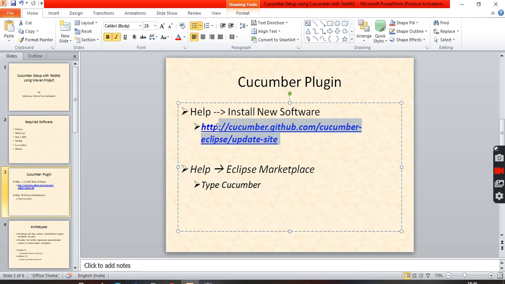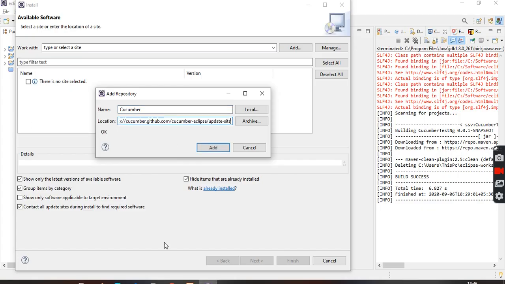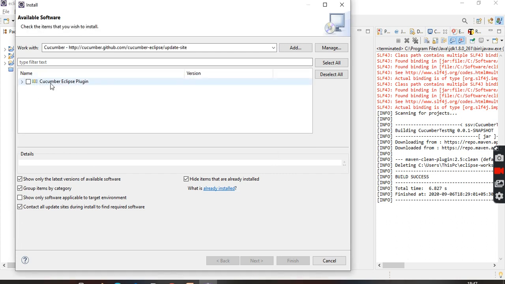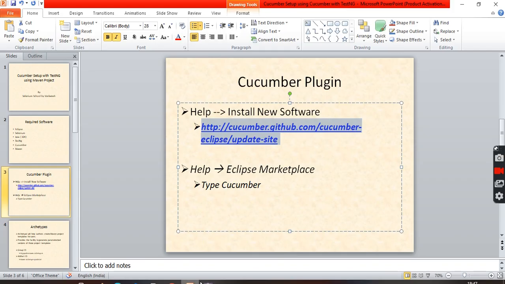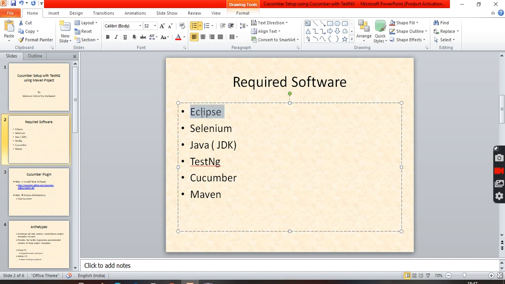Copy this URL, paste it here, add. See, you could find the Eclipse plugin, right? Select next, that's all. So these are the different ways to install the Cucumber plugin. So what else is remaining? This is done, this is also done. So Maven, TestNG, Selenium is remaining, right?